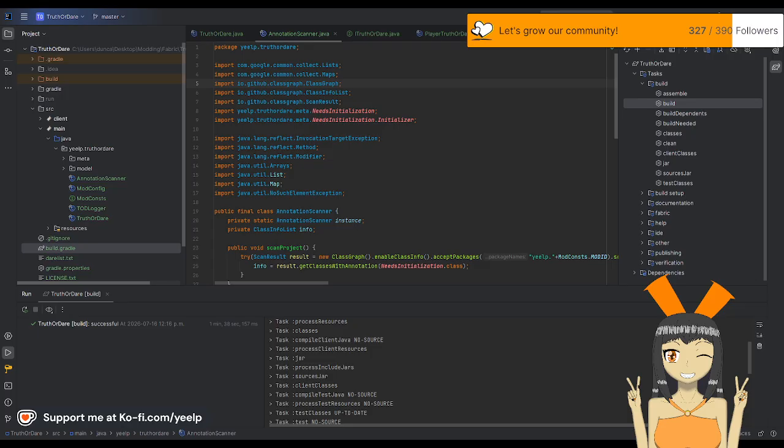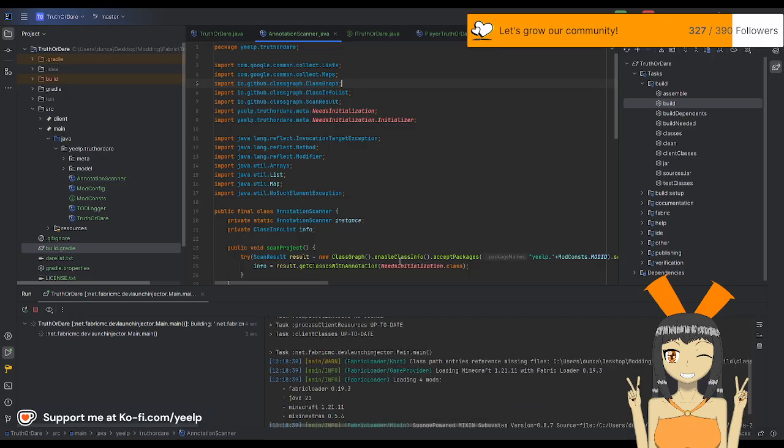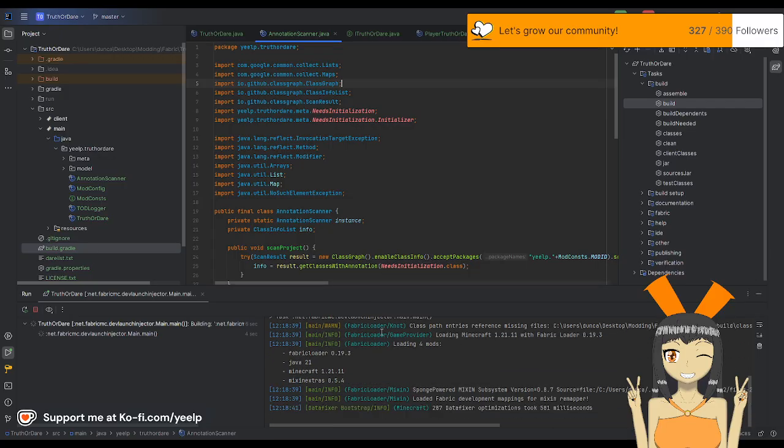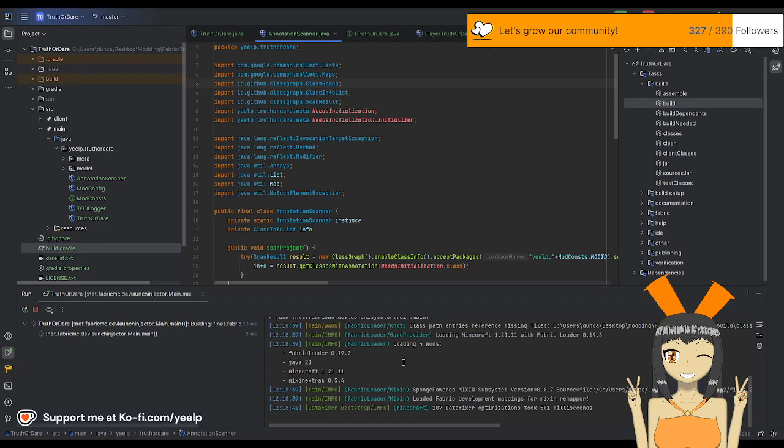It did build, so there's nothing wrong with that. I assume this should explode once this class loads, which it will do right at the beginning. I suspect I'm going to get,